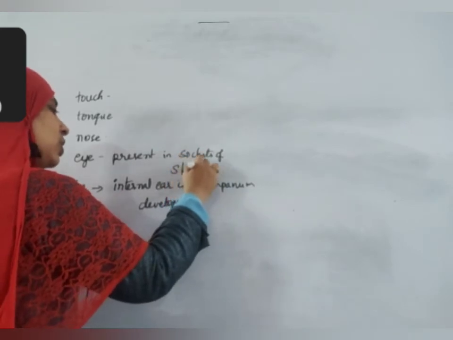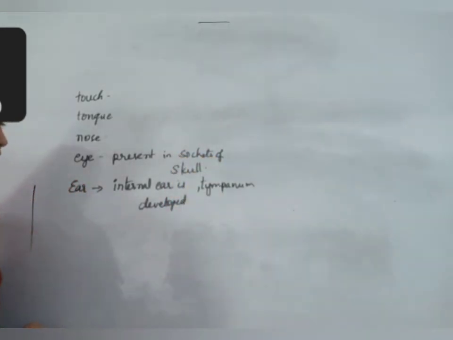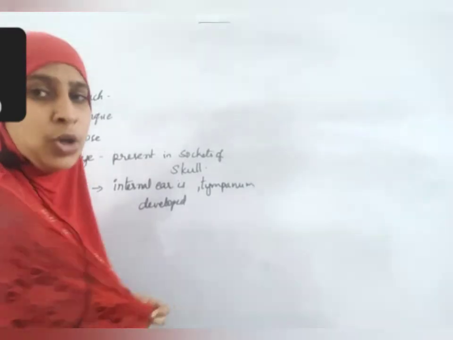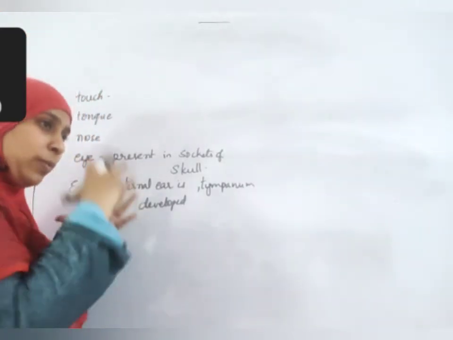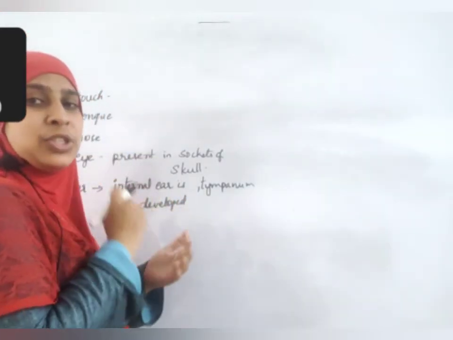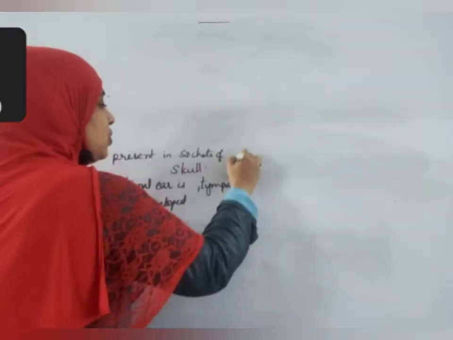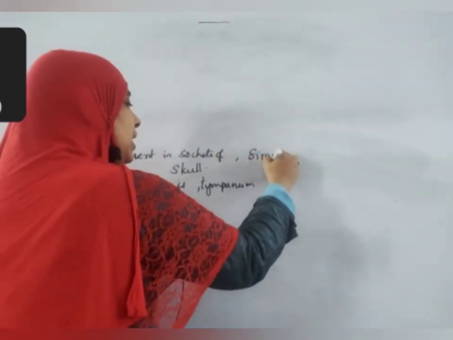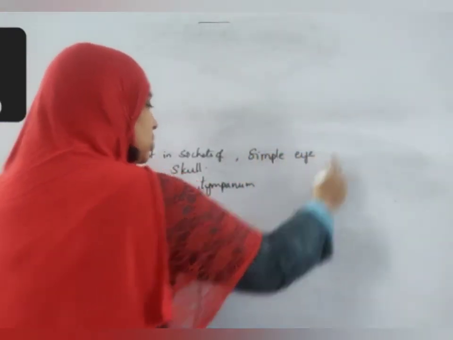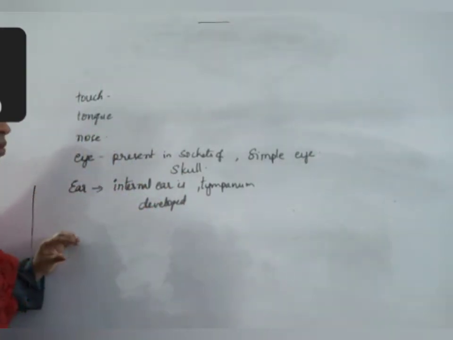These eyes are also simple eyes. When we studied cockroach, I said it has compound eyes. So many eyes are coming together to bring the vision of the cockroach. But in case of this organism, it is a simple eye. Like our eye, it is only one unit. Light enters through one point only.